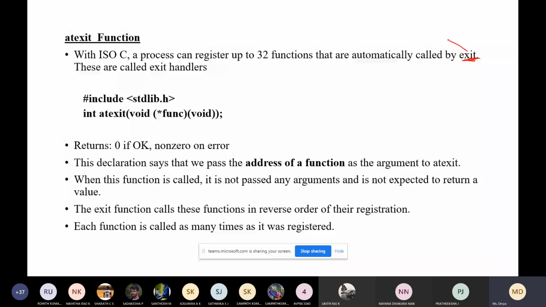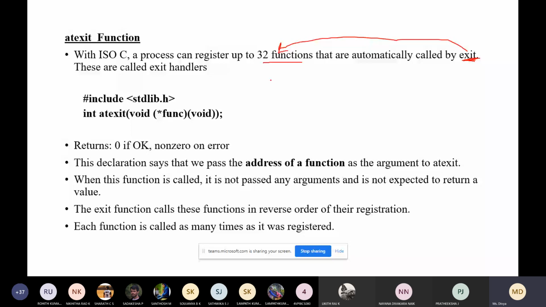So this exit function can call how many functions? Maximum, up to 32 functions it can call.